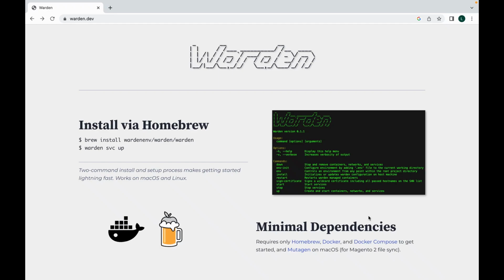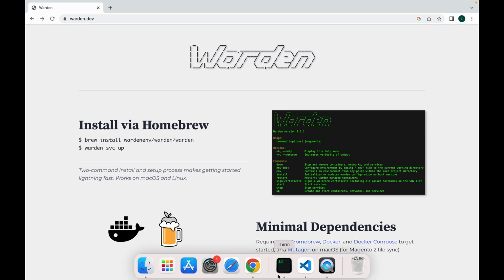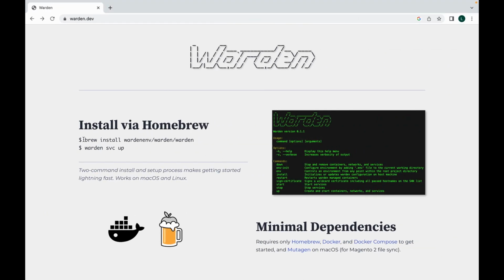How we are going to install our Magento application. We will be using Warden for installing Magento onto our local machine, and Warden will help us to create the local DevBox environment. First of all, to install Warden, I'll be doing these activities on my Mac machine. So I'll just open my terminal, I'll just open my iTerm, and you would see that you just need to